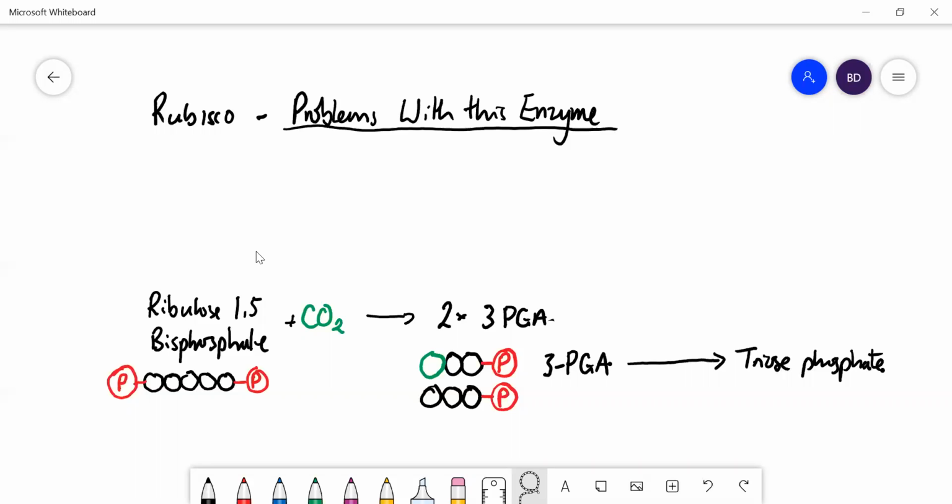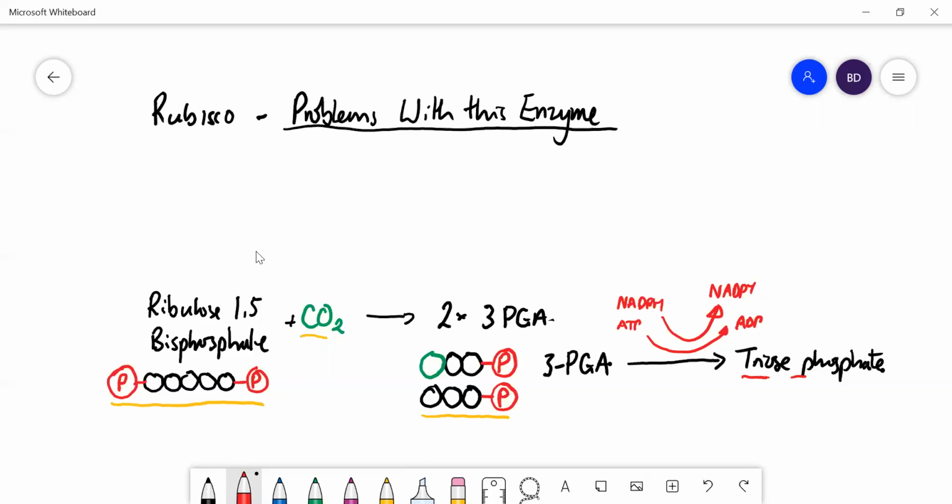Rubisco is this enzyme where you get ribulose bisphosphate, which is a 5-carbon sugar, and it's in the dark reactions of photosynthesis. It reacts with carbon dioxide to create 2 3-carbon molecules called 3-phosphoglycerate. Now, phosphoglycerate is not quite a carbohydrate, it's too oxidized, so it needs to be reduced a bit more. So you need to expend some NADPH, which will go to NADP plus, and also some ATP, which will go to ADP,